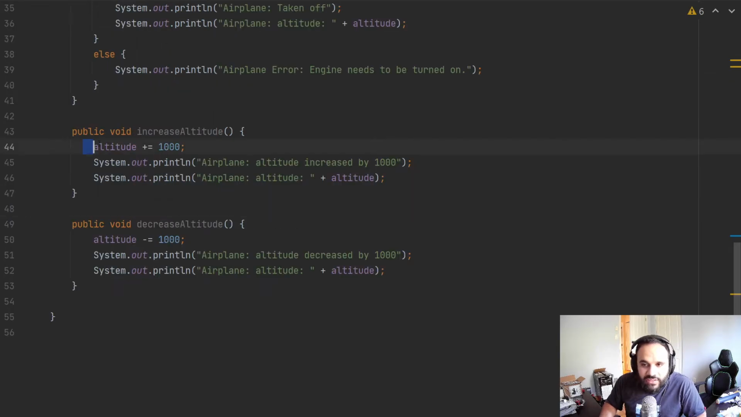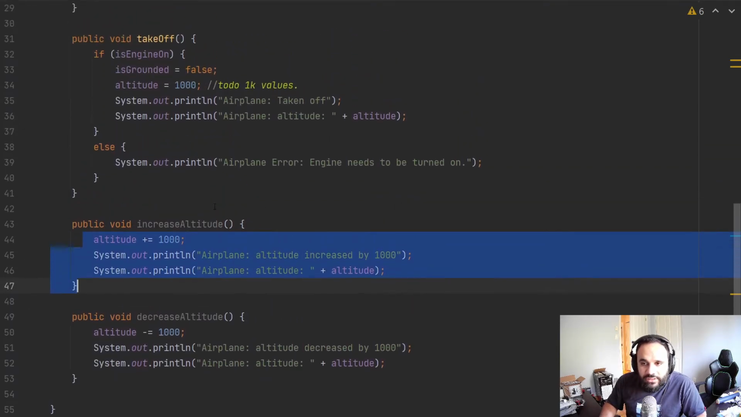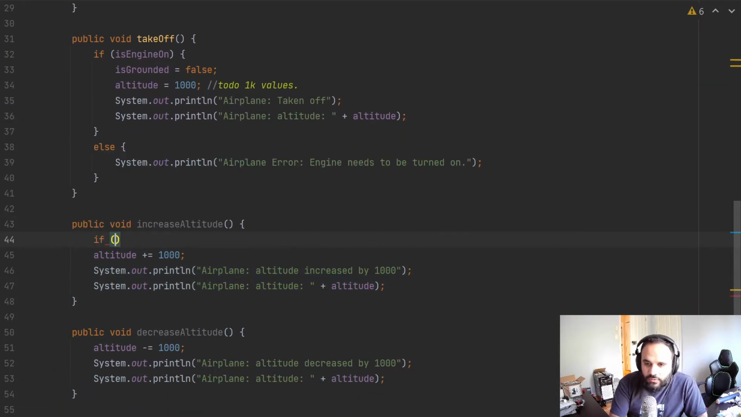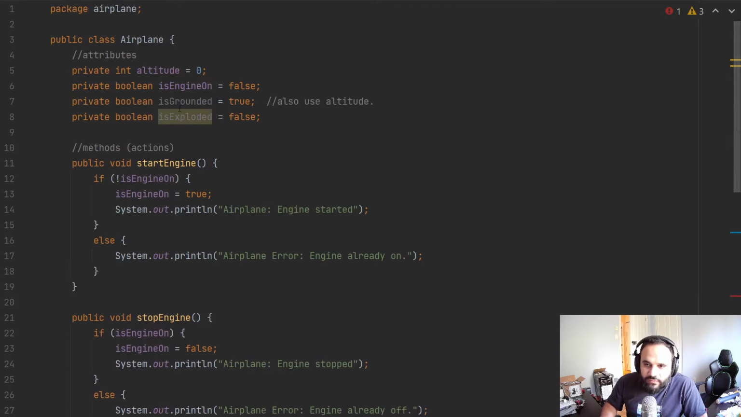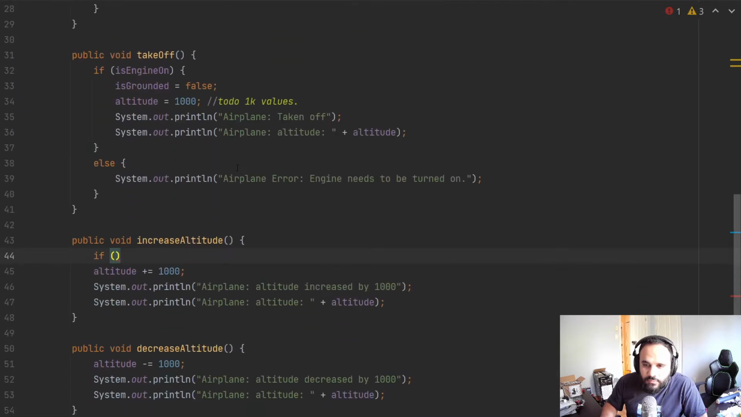But before we normally have to test, we should figure out our logic so this type of error doesn't happen. So we can't just increase our altitude. We need to first have taken off for us to increase our altitude. So if you look, we have one that says, is it grounded? So we're going to say if it's not grounded, what do we want to do? Well, we want to increase the altitude,